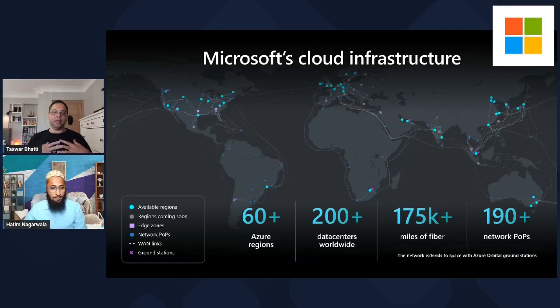So basically, these are partners, ISPs, that are connected directly to Azure. Those are called network POPs. Edge zones are more like a little smaller data center that you could utilize, located at the edge, or even CDNs related to it that have a direct connection to Azure. Basically, that is what edge and network POP mean. That is great.